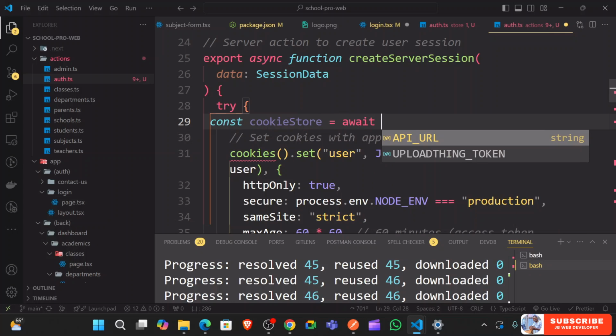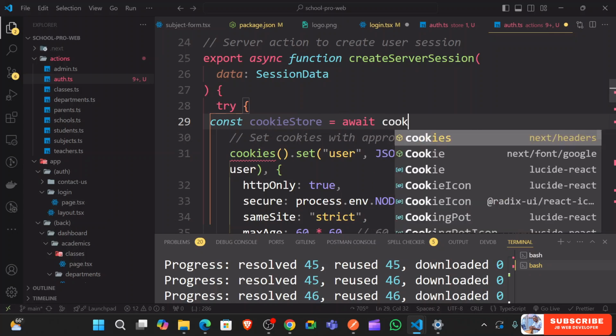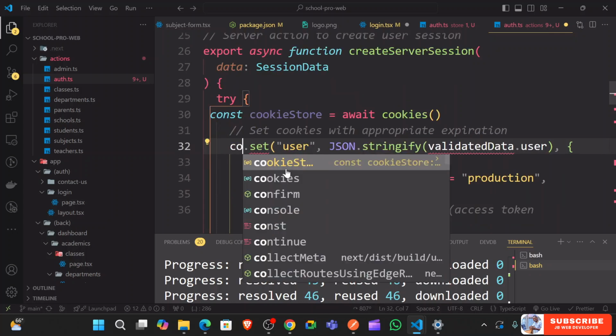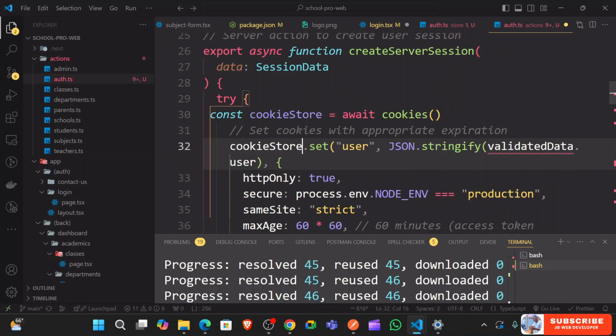Okay, await cookies. So these are some of the changes in Next.js. Since the cookies are awaited, now you can access the cookie store,